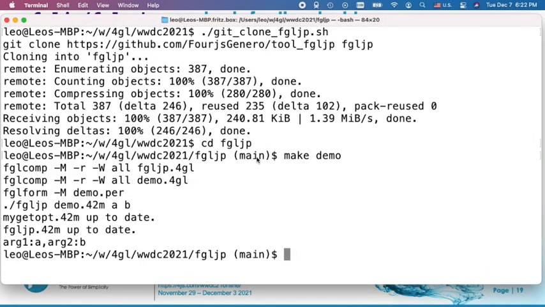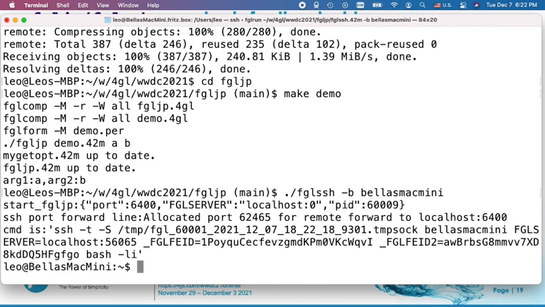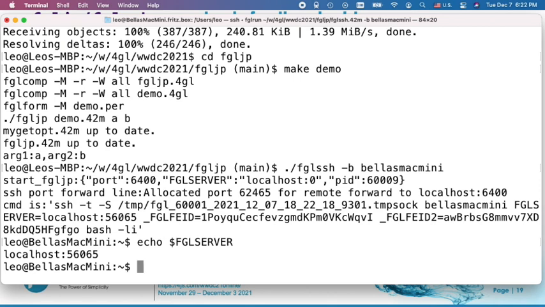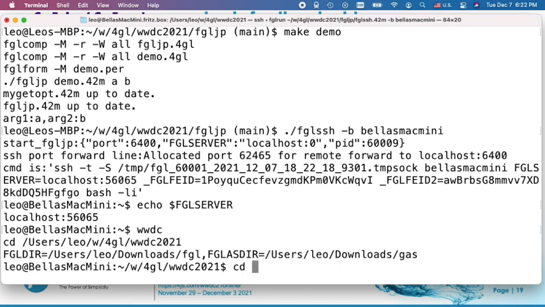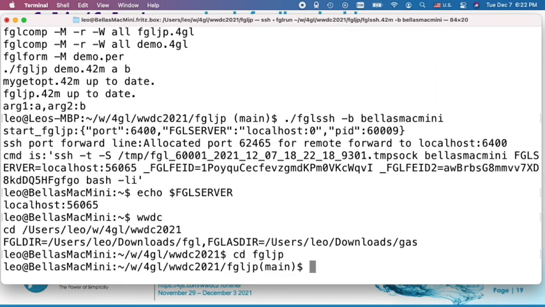I SSH into another machine. This is another Mac machine in my network. fgl ssh -b. Now I'm logged into Bellas Mac Mini. I echo $FGLSERVER, and FGLSERVER is set to localhost something. I go to my wwdc directory, go to FGL-JP, say fglrun demo,